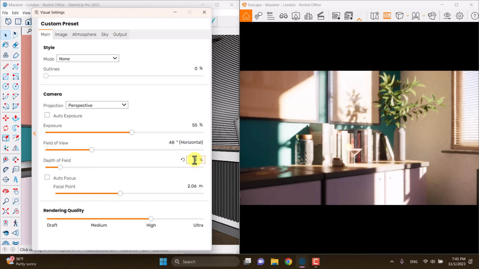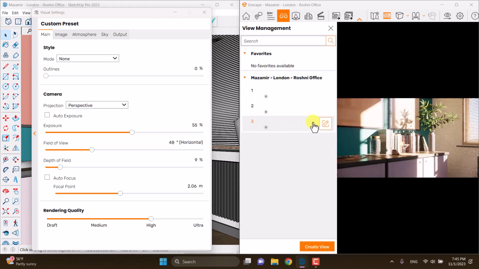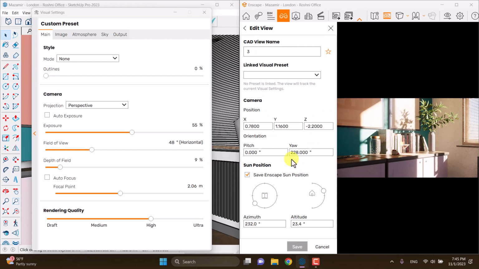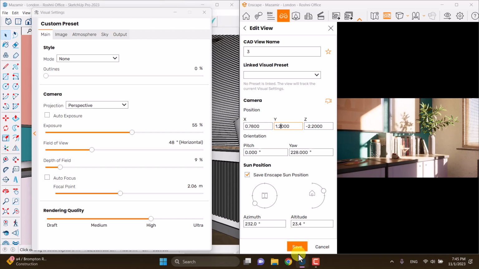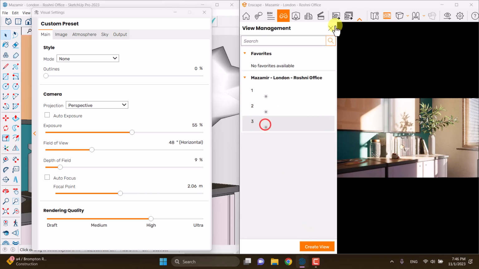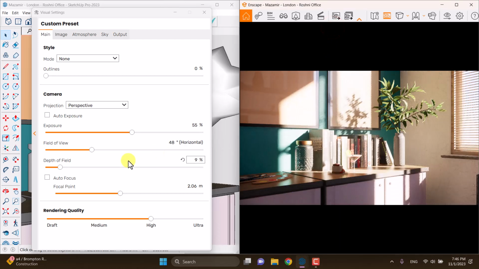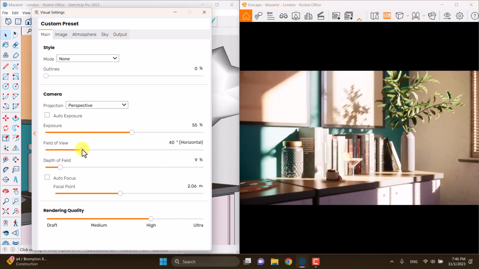So 9% is the normal number for it. And I can press F on my keyboard, edit camera number 3, and increase my eye level in the Y coordinate to 1.3. And now it's much better. Or I can change it to 1.2 and press save. So number 3 is accepted for me, and now I can zoom on my target much more than in the past, something